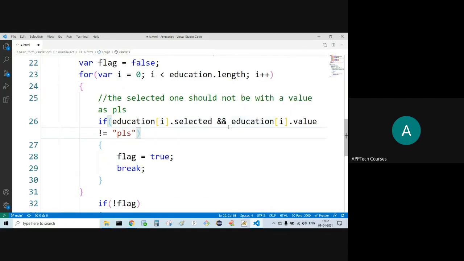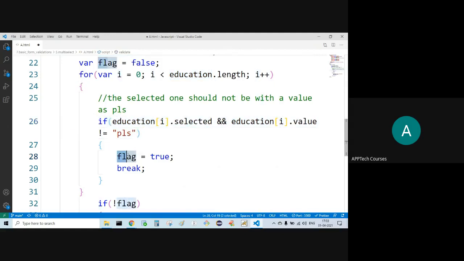It is not equal to PLS. It is equal to what? B. It is equal to B. Whatever I have selected, education of I, that value not equal to PLS, of course, true. It is not equal to PLS. It is equal to B. Right? It is returning true.